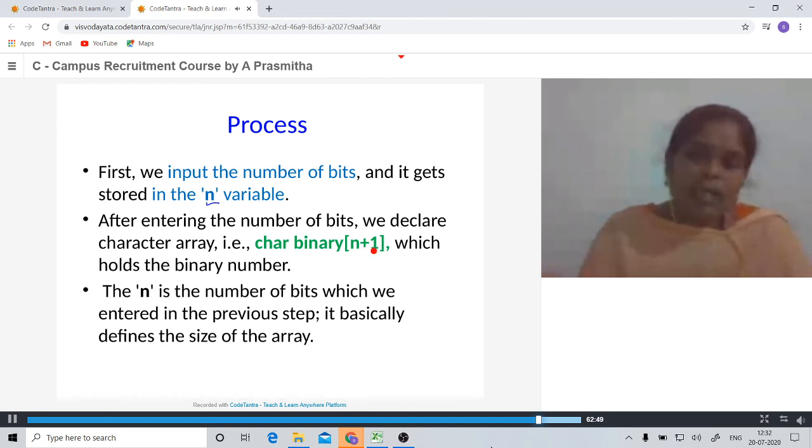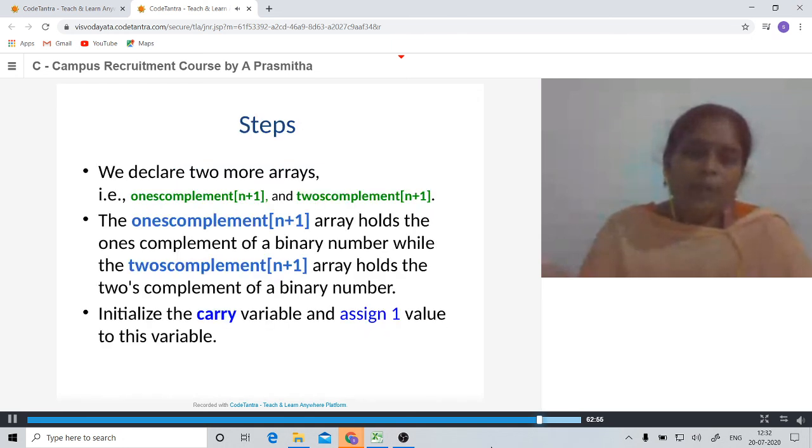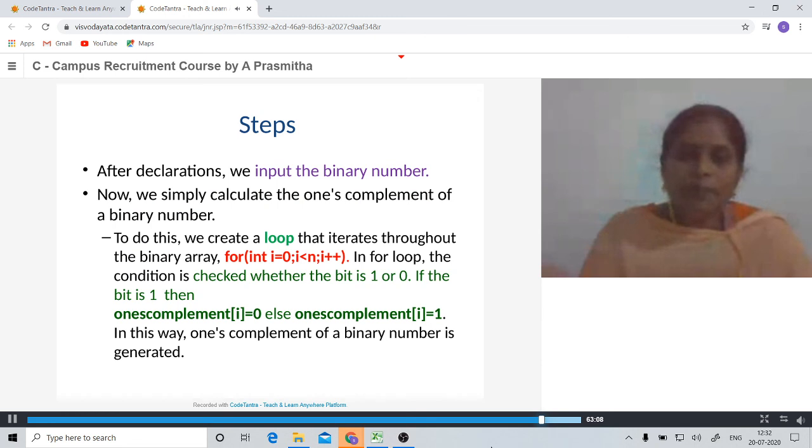So we are adding plus 1 to the number of bits. After that, we create two more arrays, one for 1's complement, another for 2's complement, and we also declare a variable called carry and assign it to 1. After that, we will read the input binary number.